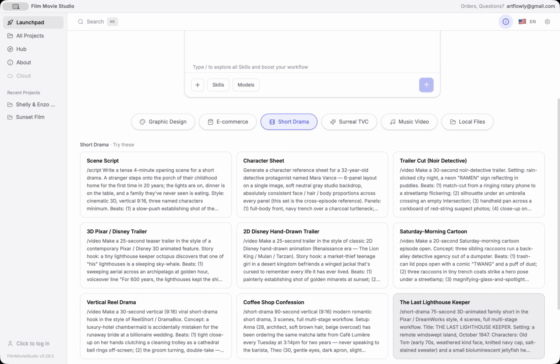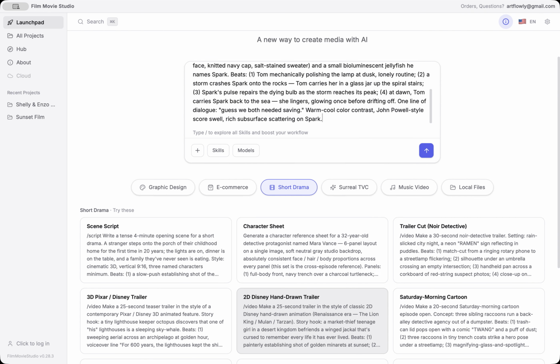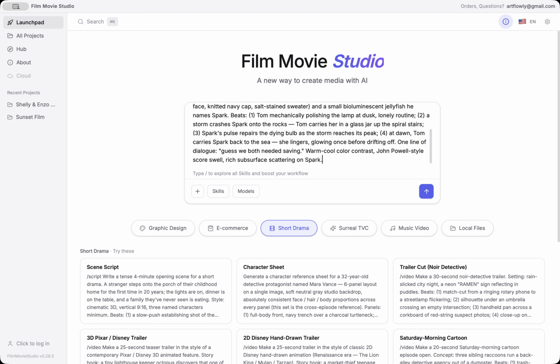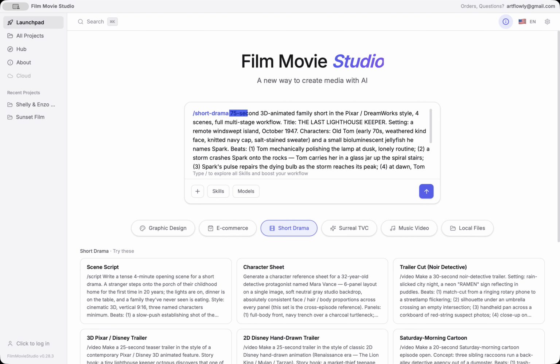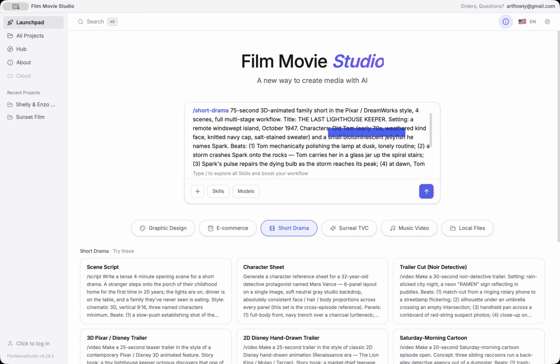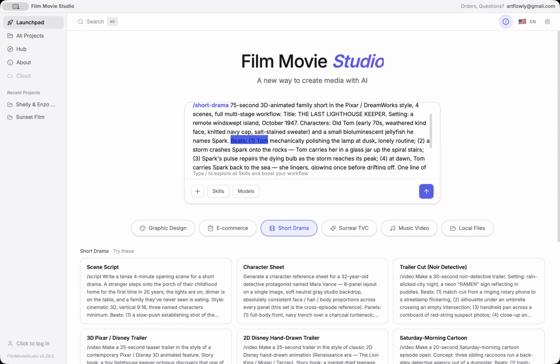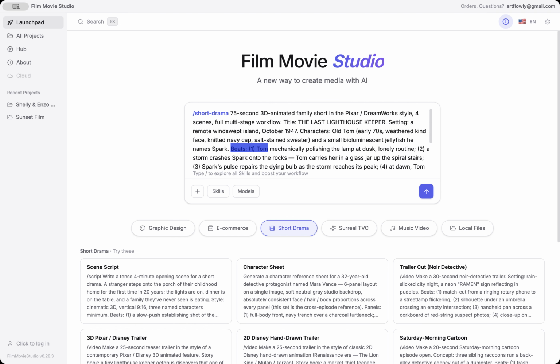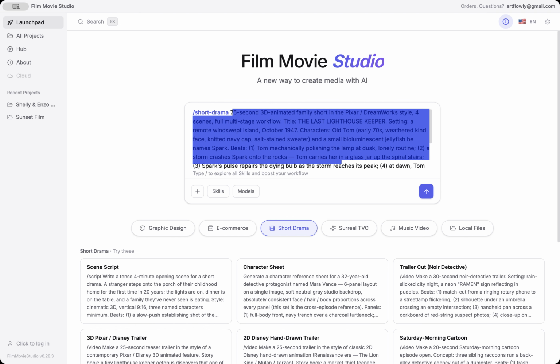So for example, I can use this one, the last lighthouse keeper. When you click on it, all of that is copied here to the chat. So it's a 75-second 3D animated family short in the Pixar DreamWorks style. There will be 4 scenes, a full multi-stage workflow. And here are the characters. There is Tom, old Tom, and there is another character, which is a small jellyfish. So these are the scenes or beats. Okay, you don't need to read it, and you can write your own script,